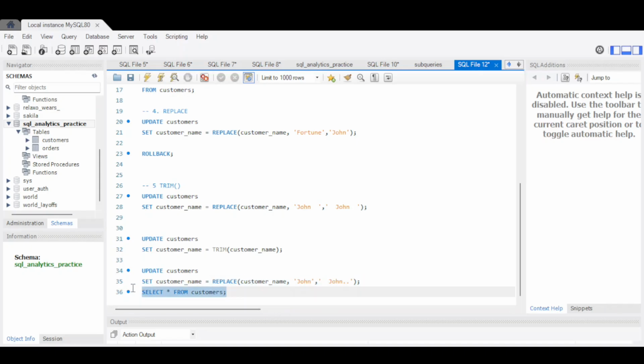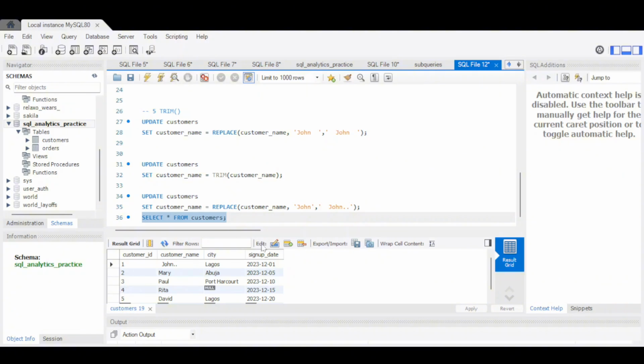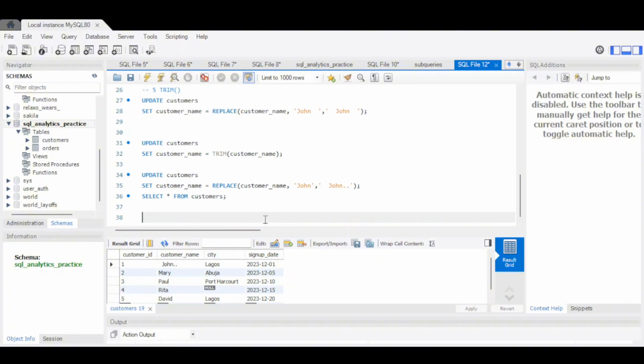So now I think it will change John double dot. I think so, yes. John, now we want to trim it. We want to trim leading and trailing. So you say we want to update now. Update